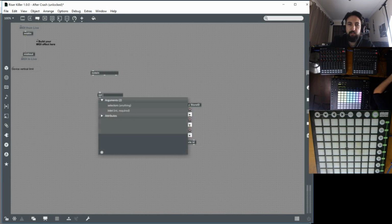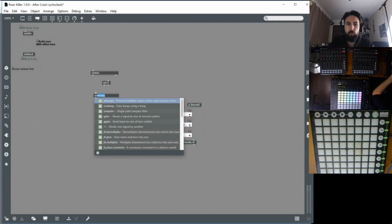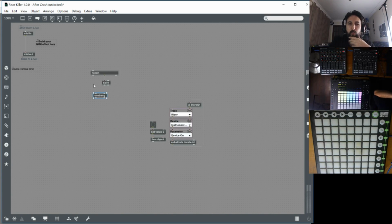And I'll add a cell 0. So this is the velocity, so this is going to report the velocity to us. So if the velocity is 0, which means the note is off, then it's going to reset a 1 bang. So a 1 bang only lets through 1 bang until you send it another bang in the right inlet. So if I connect this here,